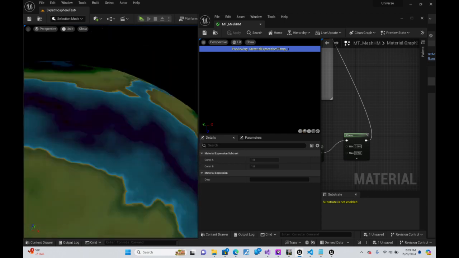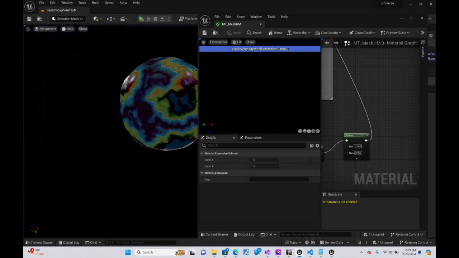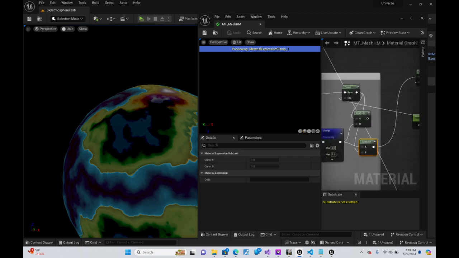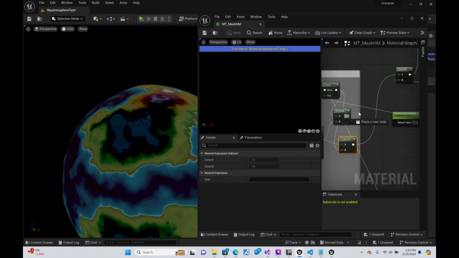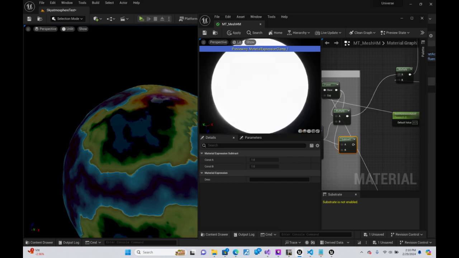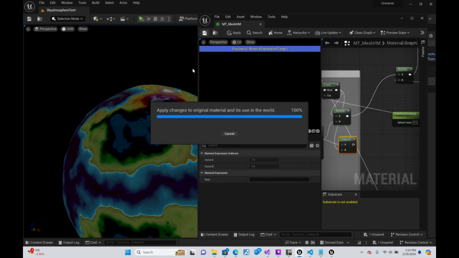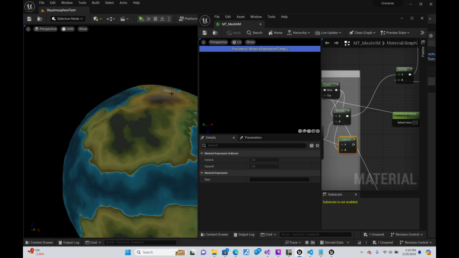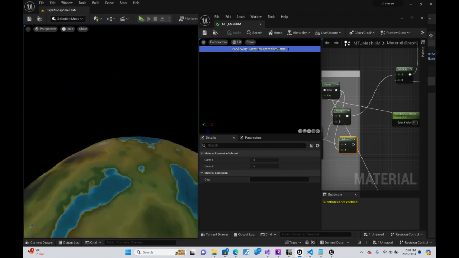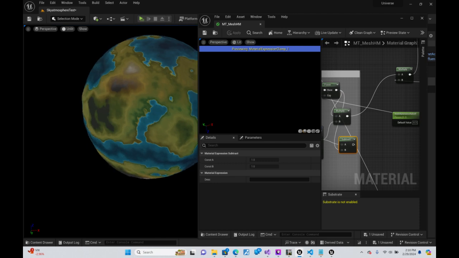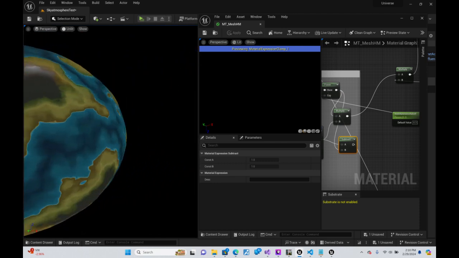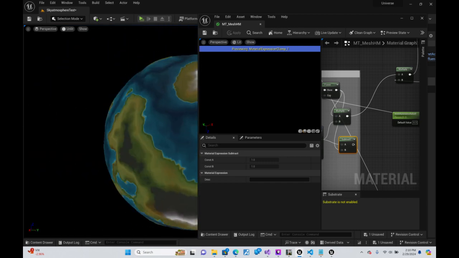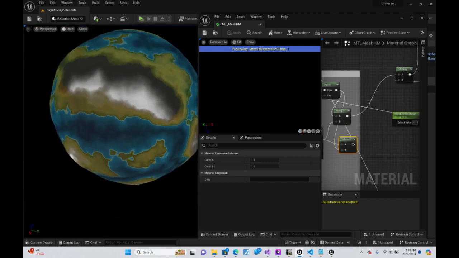Interesting. Okay, that's a little bit more like it. I mean, it's not too bad. There's definitely work to be done here, but